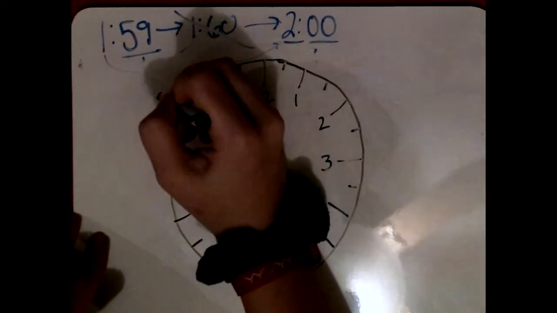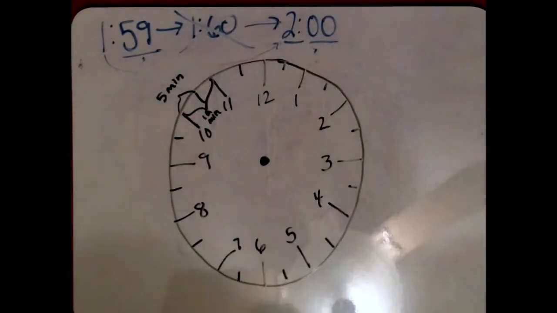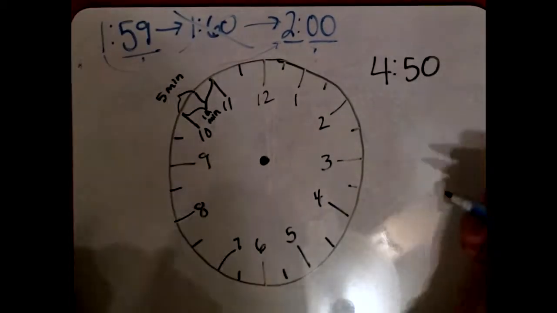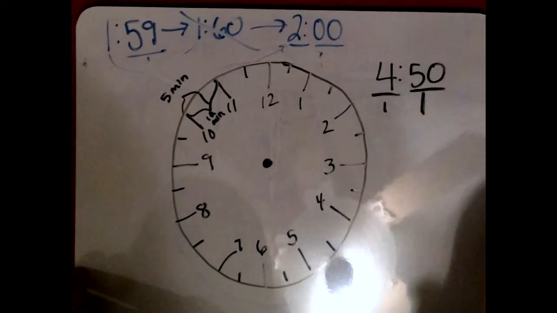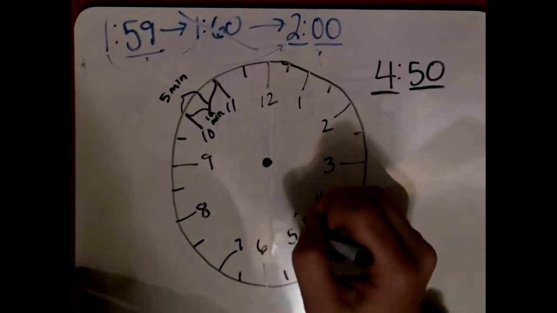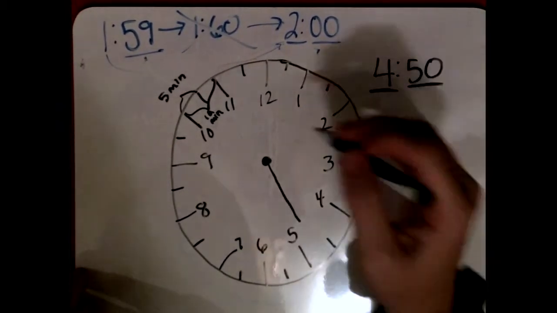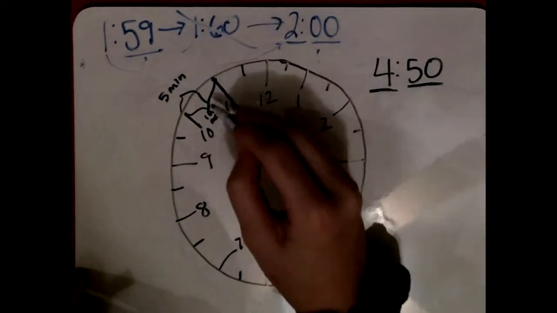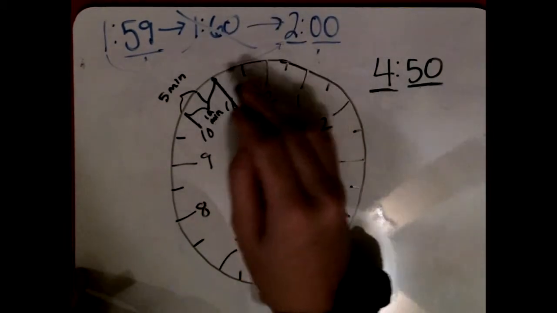So I know that the 5-minute mark is between 10 and about halfway to 11, and 10 minutes is from 10 to 11. 4 is my hour, that's the little hand, and 50 is the minute hand, that's longer. So now I'm going to draw out 4:50 on a clock, how it would look with the hour hand and the minute hand. And I can know where it's supposed to be placed based off on the 5-minute and the